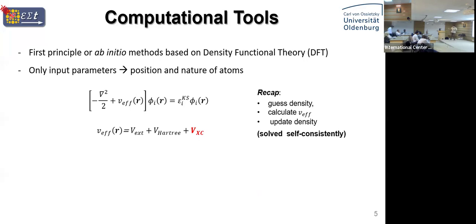Essentially, this is, let's say, the dough for your cake that has to be there. On top, whatever you build depends on your field or what you want to calculate. For example, if you want to calculate optical properties, then you go for many-body approximations. And if you want to calculate transport properties, from here we go further to the non-equilibrium Green's function, and that's what I will show you shortly. And just one minute.